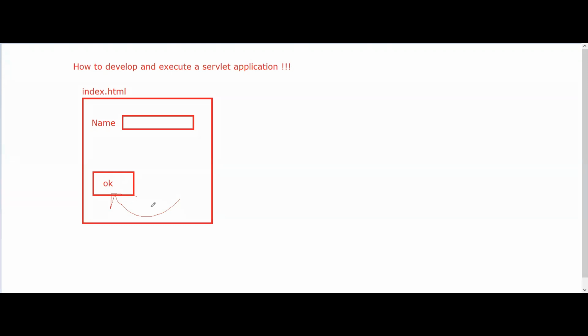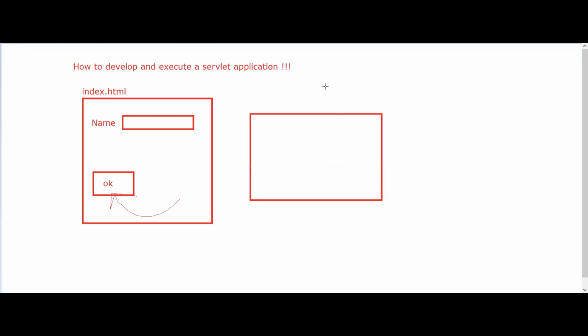Suppose I provide the value of name, Anurag. Once I click on the OK button, then the output will come, hi Anurag. So when the user clicks on the button, one servlet will execute.